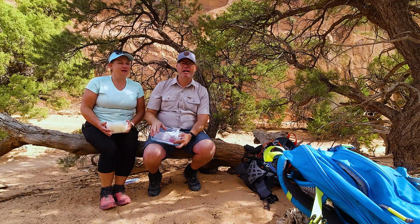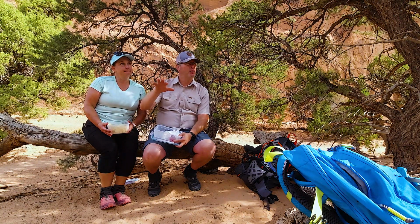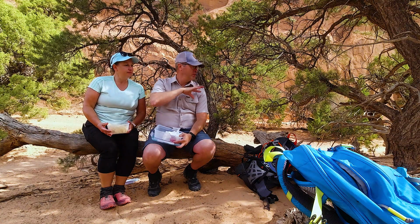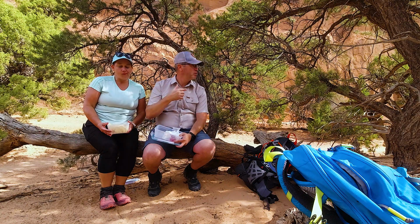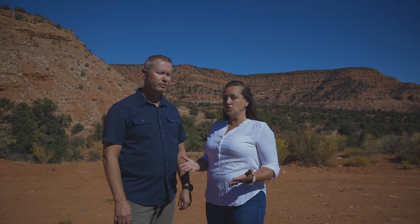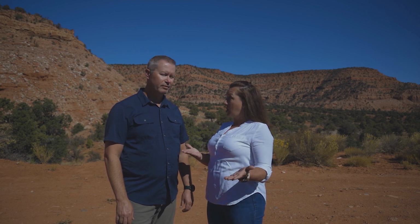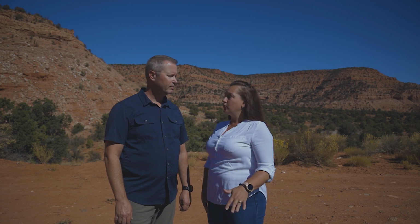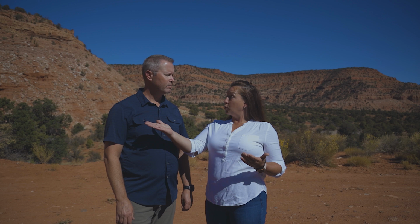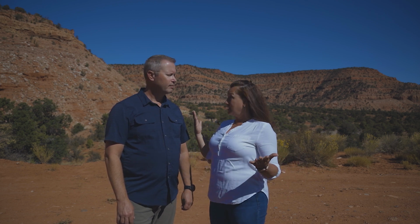So we made it back to the Double O Arch. It's really beautiful back in here. It's a real kind of almost sand dune feel to it, with rocks, boulders, these trees like the one we're sitting on and the ones behind us. The nice thing about this area is there are a lot of trees, so you can find the shade to again cool off because it's warm, and before you decide to either continue on to the Dark Angel, the Primitive Trail, or turn around and go back like what we did,